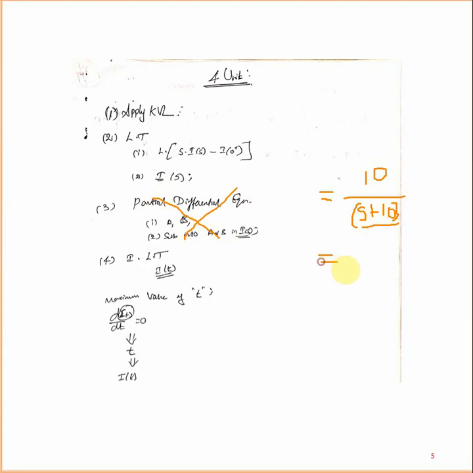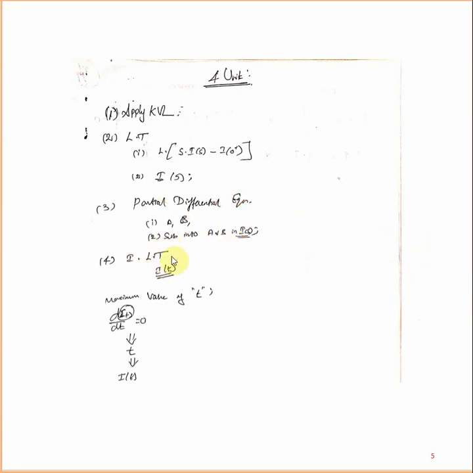Then suppose your derivation comes out as, for example, 10 divided by s times (s + 10), or 10 divided by s times (s + 5), or (s + 5) times (s + 10). If s appears two times, then you can go for partial fractions. It is not necessary when there is only one s term, but with two s terms you go ahead with partial fractions. Okay, this is step number 3.